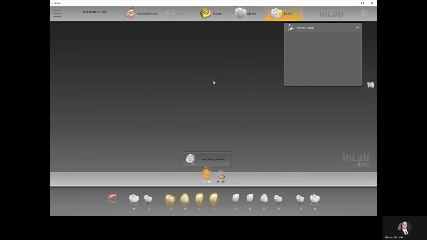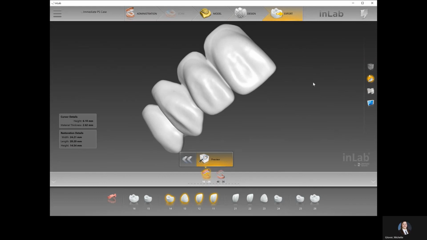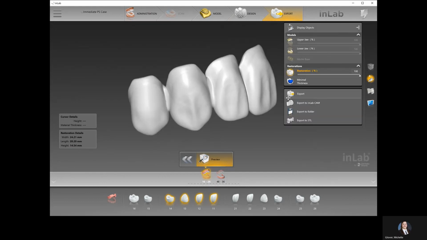So at this point here, you can see on the right-hand side, export to inLab CAM and export to STL as well. Here with the anterior teeth, this gives you a better view of the neck of the tooth I was mentioning. That's what the software proposes in the finalize stage to